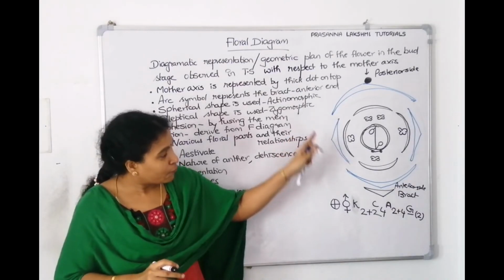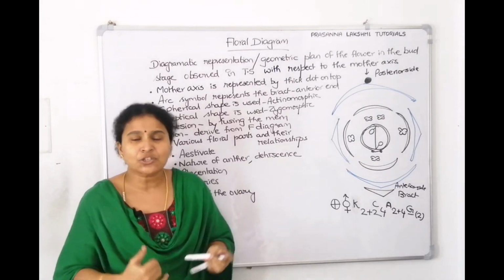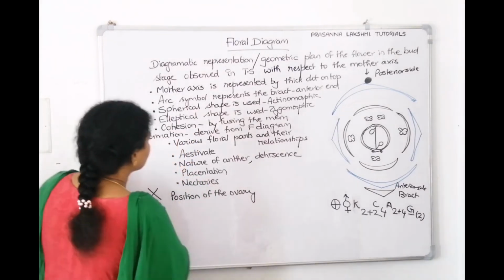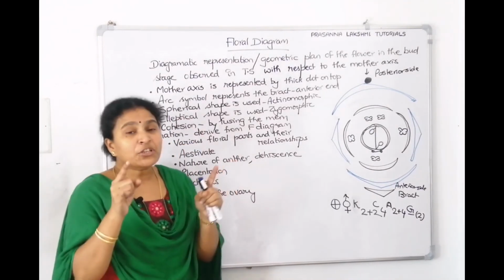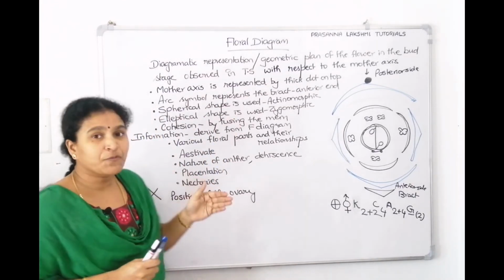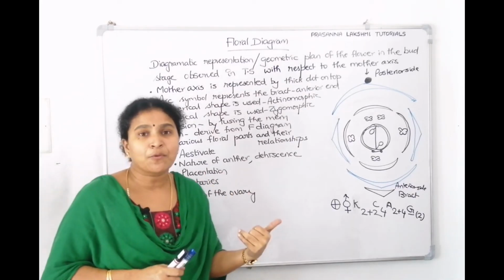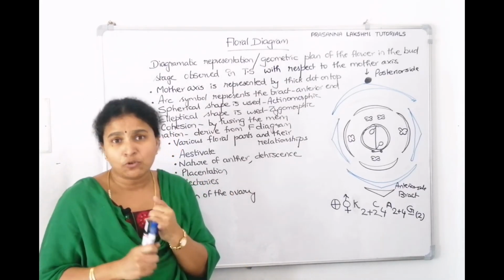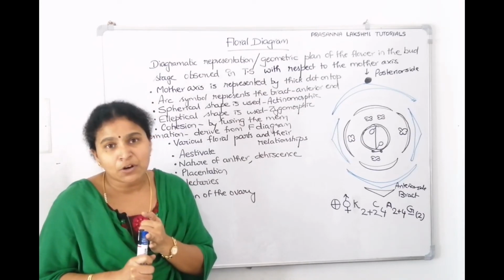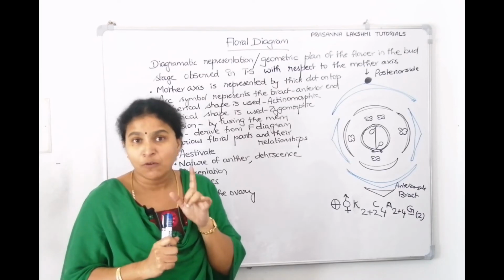Quickly, since Brassicaceae floral diagram is also there, floral formula is also there, quickly let us have a discussion on Brassicaceae, right? So let us see that. So they will ask you which information is available with floral diagram. All this information. Which information is not provided in the floral diagram? This information. Similarly, in floral diagram also we told placentation will not come to know in floral formula. Nature of anthers will not come to know. Dehiscence will not come to know. Nectaries will not come to know by floral formula.